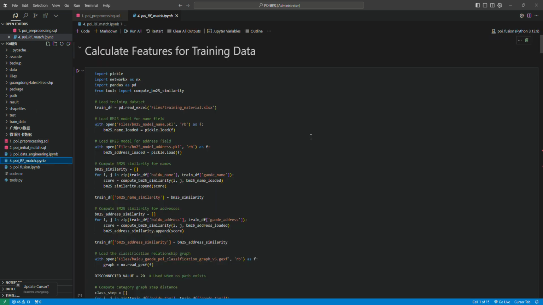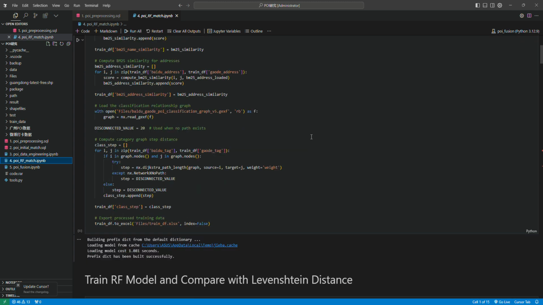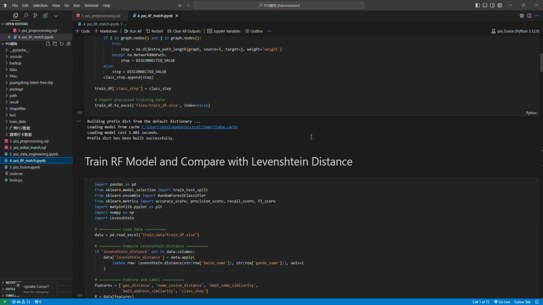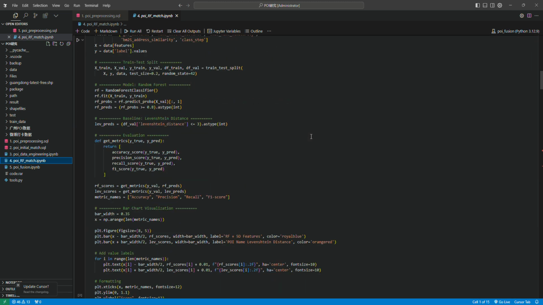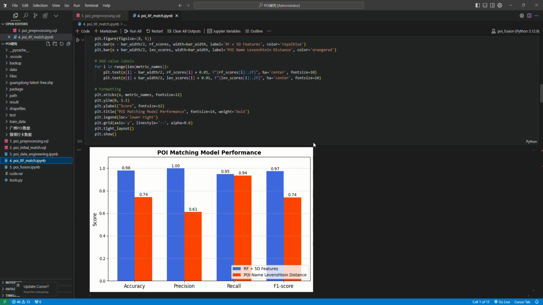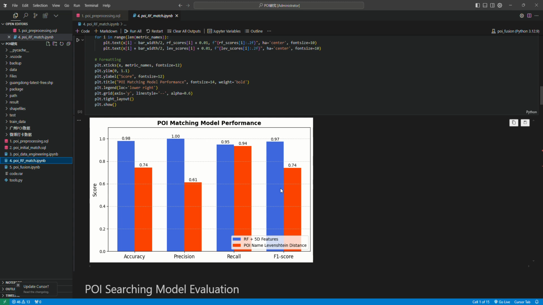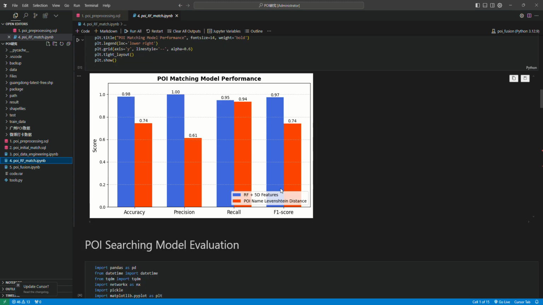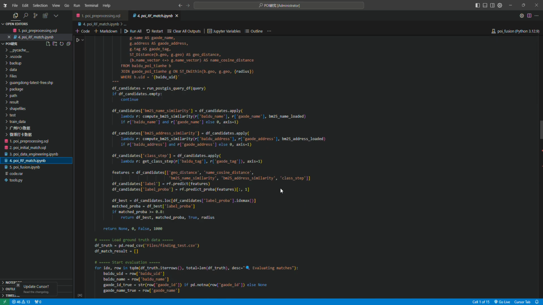And step 4, we use nearly 1,000 manually labeled POI pairs for supervised learning. And we compute features and train a random forest model, which performs significantly better than traditional Levenshtein distance-based models. And also,